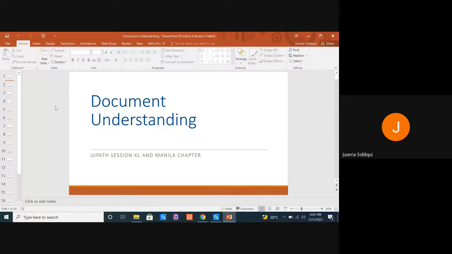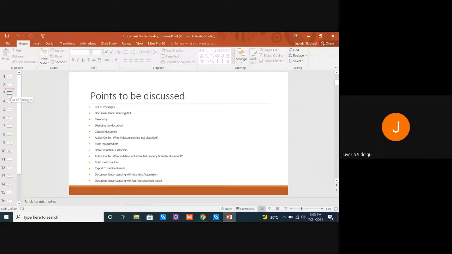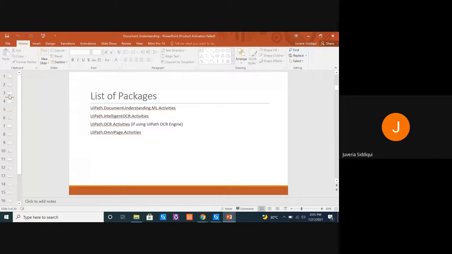So what is a taxonomy? A taxonomy is nothing but a set of information that we provide the robot, based on which it can make decisions about what kind of documents we have. Then we studied digitization. What is digitization? Currently you have invoices, forms, any kind of invoice, but mostly they are not in machine readable format. So converting your documents into a format that your robot can understand is a step called digitization. Then the third step we started doing was classification. With the help of the taxonomy that we have generated, the bot tries to recognize the incoming document, whether it's an invoice or a form document. That is called classification.